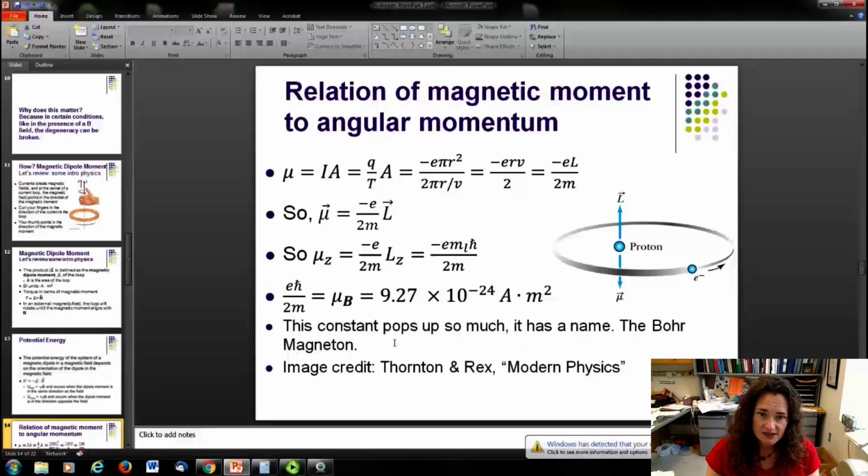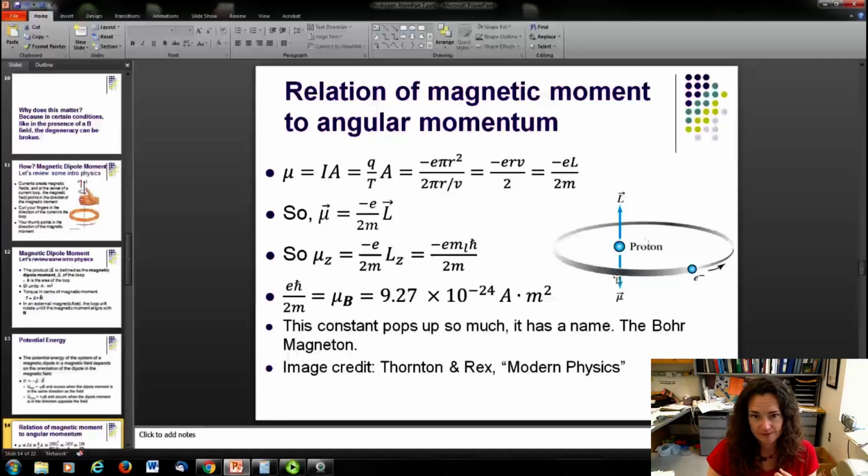And because it gets used so much, we have even given it its own little symbol, a mu with a little b subscript, so mu sub b. And that's our Bohr magneton. All right? Another point that I'd like to make here is that because the charge on the electron is negative, it is important to realize that your angular momentum and your magnetic dipole moment vectors point in opposite directions, okay,